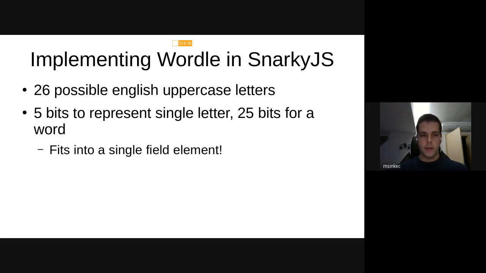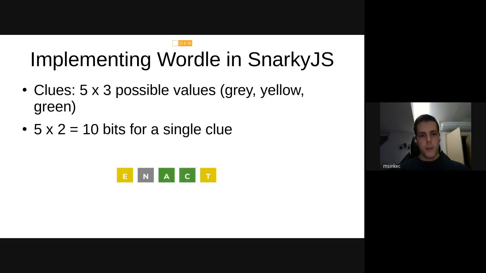That fits nicely, it's more than enough space in a field element, so we can embed it. Also the clues. There are 3 possible states that a clue can be in: either yellow, gray, or green, right? So we need 2 bits for each clue, and for our whole word, we need 10 bits.